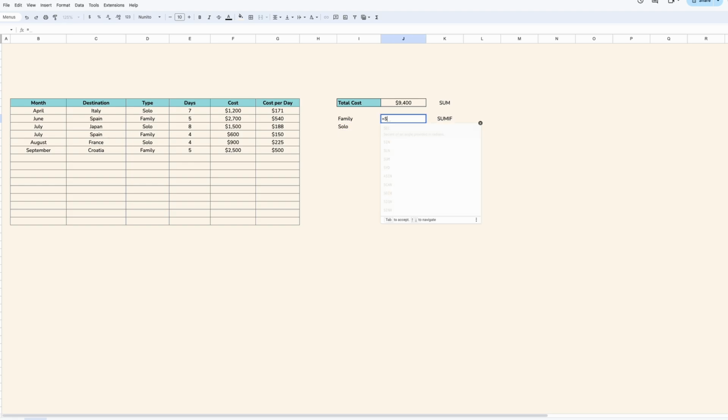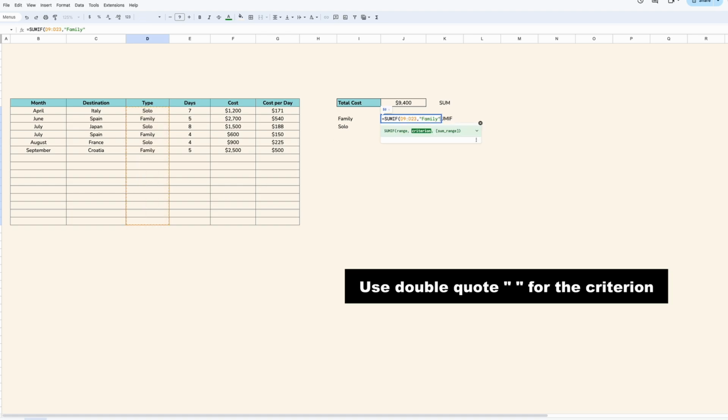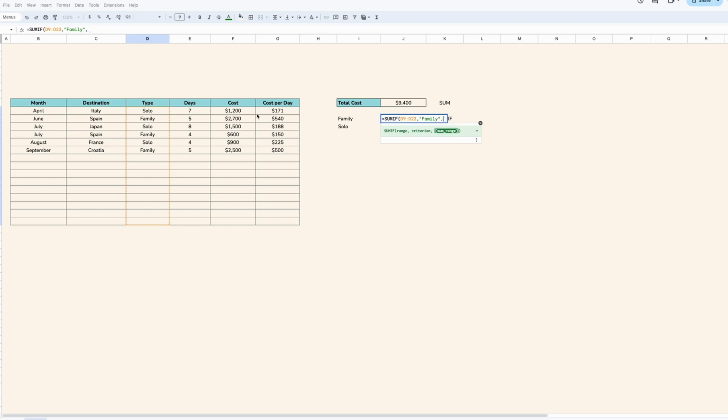And for the formula we use equal SUMIF open bracket, and first we choose the criteria range, which is the travel type here. We select the range and then comma, and then we put the criterion. In here is family, so we type family, and lastly is the range to calculate. Remember to put dollar signs to block the ranges and press enter. Now we have the total cost of family trip calculated,